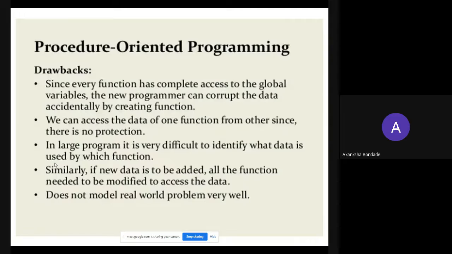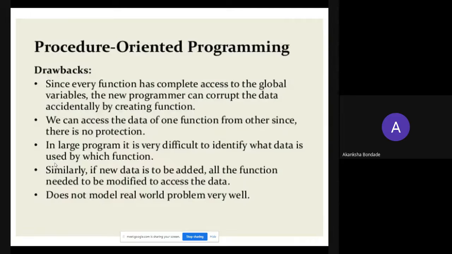Then we can access the data of one function from another since there is no protection. In procedure oriented programming, every function has access to any data from any function at any time. That's why there is no protection of the data. In a large program, it is very difficult to identify what data is used by which function.